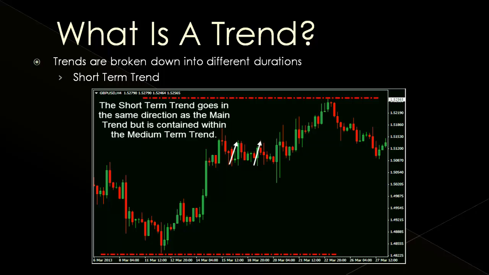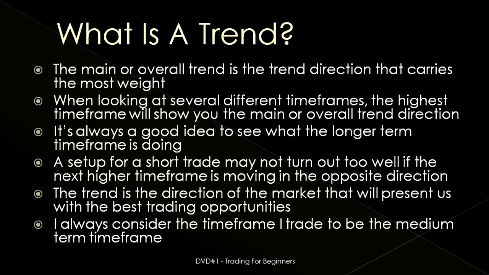The short-term trend is a part of the medium-term trend. The short-term trend goes in the same direction as the main trend, but it is contained within the medium-term trend. The main trend, or overall trend, is the trend direction that carries the most weight. When looking at several different time frames, the highest time frame will show you the main or overall trend direction. It's always a good idea to see what the longer-term time frame is doing. A setup for a short trade may not turn out too well if the next higher time frame is moving